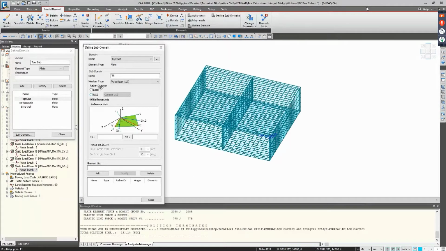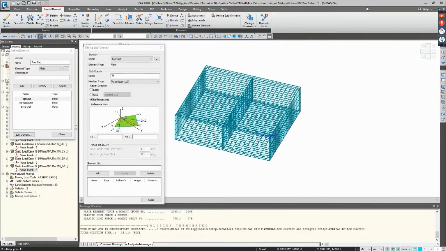And then for the rebar direction, this would define the direction of our main bars and the secondary rebars. So you can either choose based on the local direction or the axis of your elements,